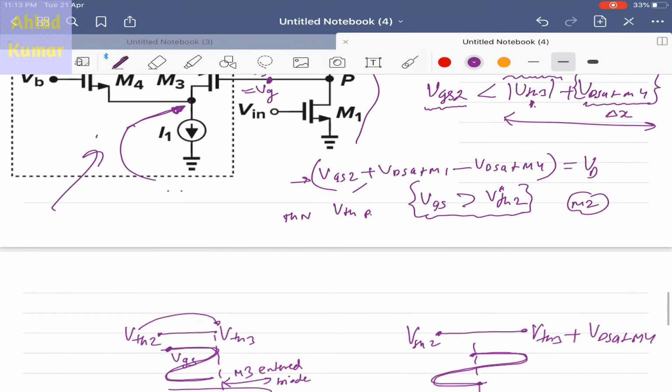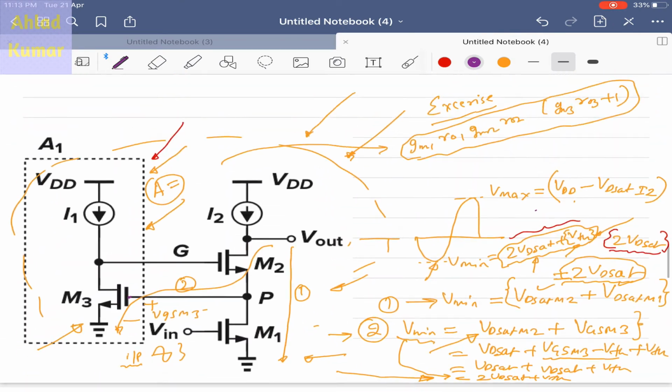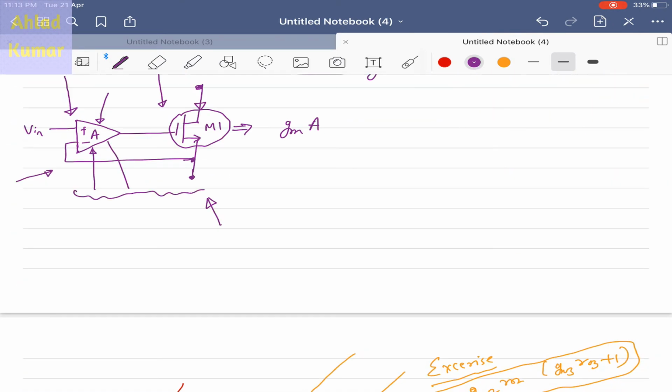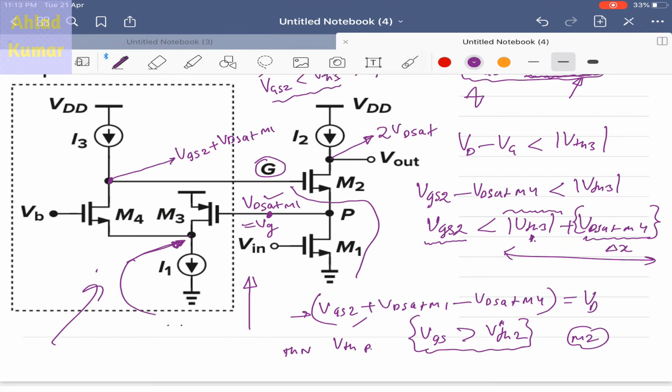So that is the advantage we have using this circuitry. And another advantage of using this circuitry is that the output swing is still 2VDsat and not 2VDsat plus VTH. So these are the three circuits that are typically used in replacement for this amplifier, which is the gain boosted amplifier. So this finishes off with all the three different variants, and next what we will discuss is how to use these variants in folded cascode and telescopic amplifiers.